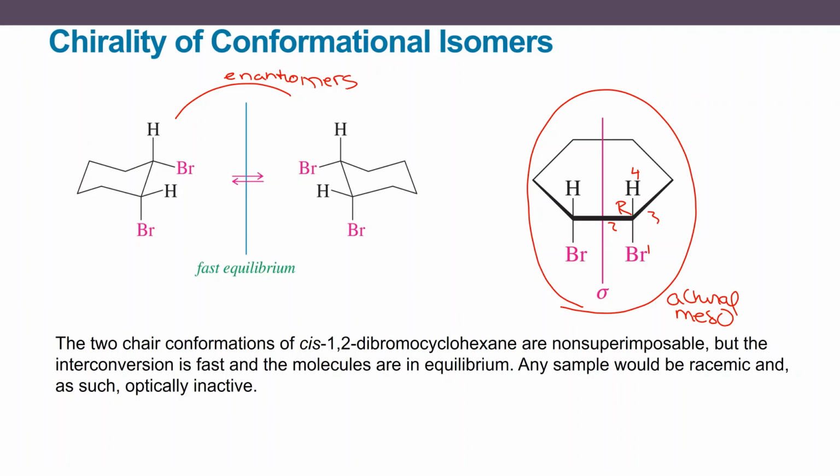Now, one thing the book glosses over, this is not how you're supposed to draw a ring flip. You know how you're supposed to draw a ring flip? You're supposed to draw it by bringing the carbon that's up on the chair down, the one that's down up, and then moving a little bit clockwise. So here's your down equatorial, it's going to be down axial. And then here is your down axial, it's going to be down equatorial. And then you have to